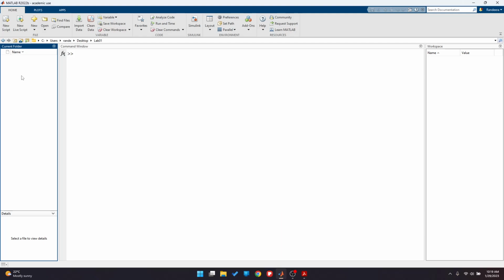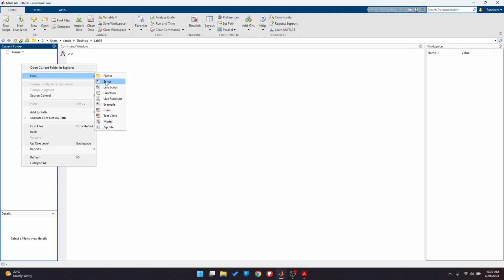So this is your folder which is dedicated to lab 1 of this laboratory instruction sheet, and here you can create all the files necessary which we are going to utilize for our lab 1. Everything will be stored inside this working directory, and all the files, folders and sub files that we create will be listed under this current folder. And whenever you want to create a new MATLAB script, now we are talking about the editor of MATLAB script, there are two options. You can either click this new script button, or in the current folder you can right